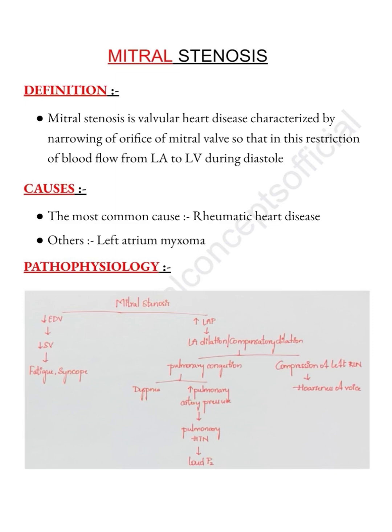Another important thing is that because of this left atrial dilatation, there will be compression of the left recurrent laryngeal nerve, which leads to functional disturbance of the recurrent laryngeal nerve, leading to hoarseness of voice, and that manifestation is called Ortner's syndrome.